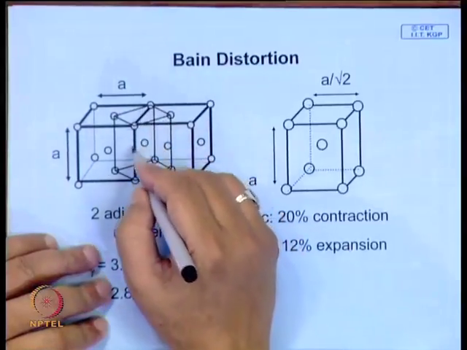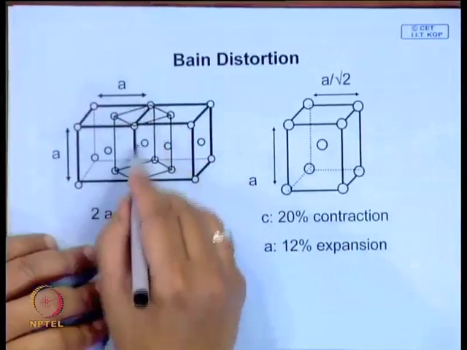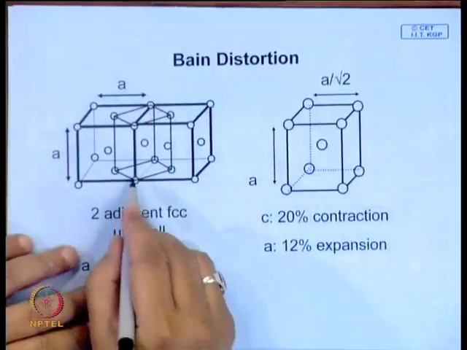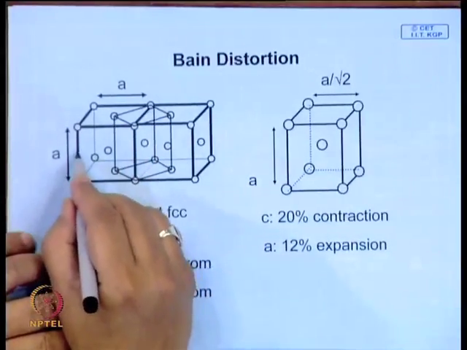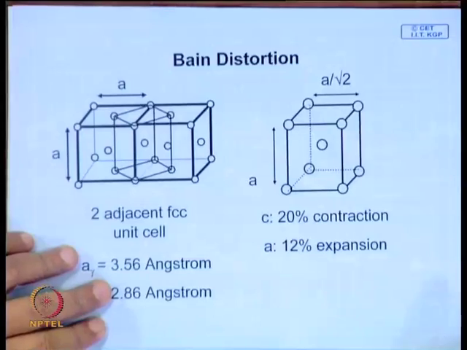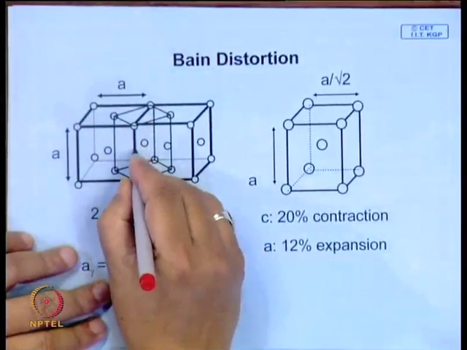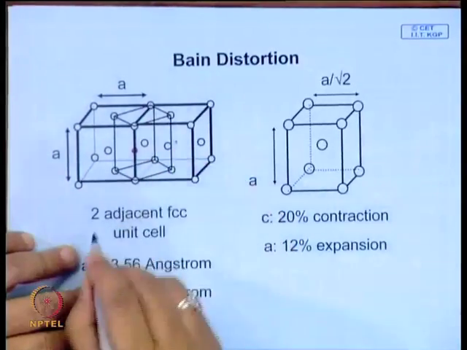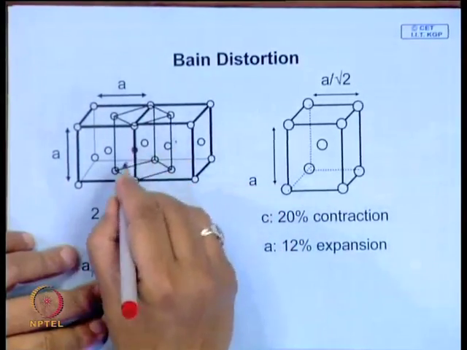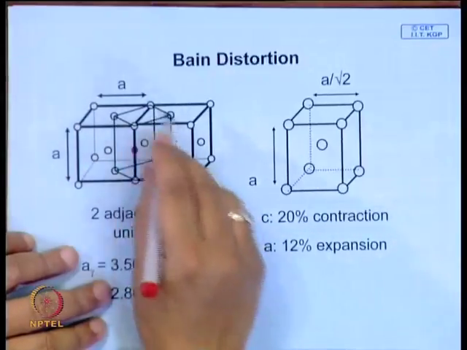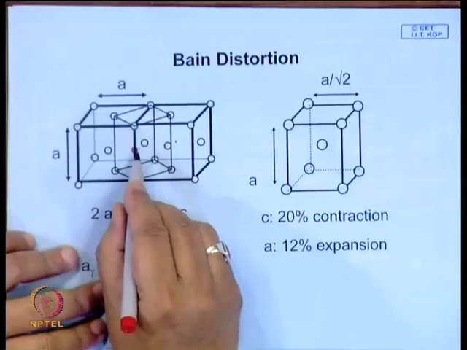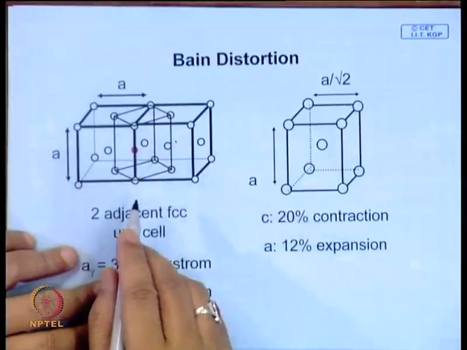Look at these octahedral sites. These are two neighboring face centered cubic cells shown over here, and these interstitial atoms will be present at these octahedral sites. Like this, one common octahedral site is the center of the face centered cubic structure. So, these are the octahedral sites, but mind you, only one in every